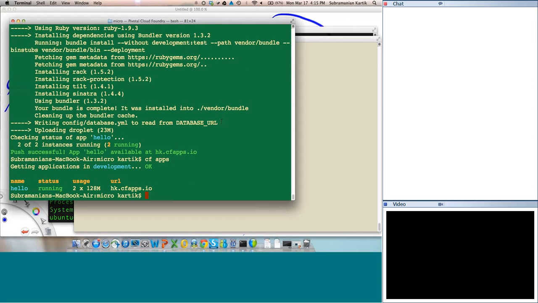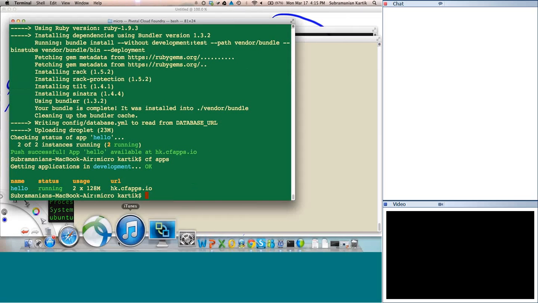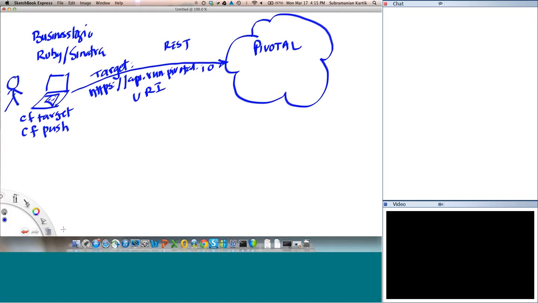Once the 2 or 3 weeks of enrollment is done, they can shrink down again and not run anywhere near that much. Make sense? So hence the power of what we do over here. Now this was the cloud for Pivotal, and if you notice, I did a target over here, and after all my fudging, I actually did end up with an application at an endpoint which I wanted,